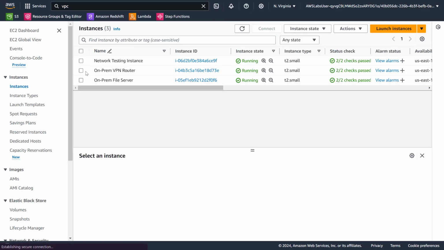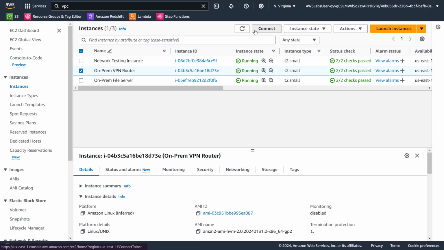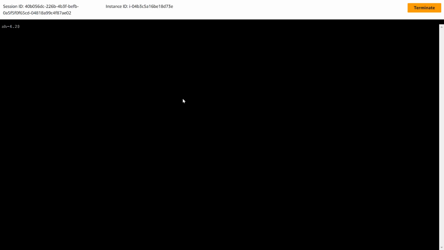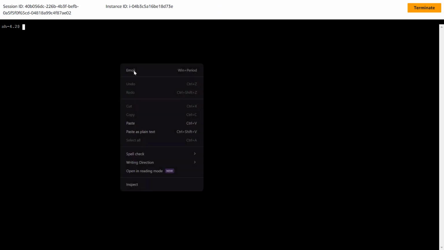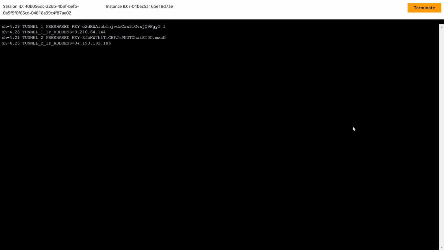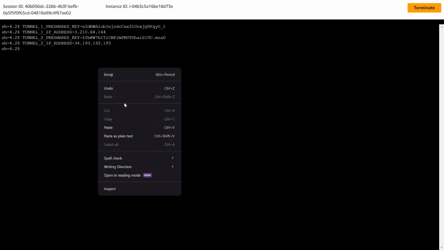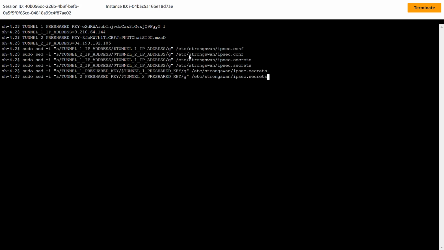So on-prem VPN connect, because we have to tell the VPN here how to connect to that one. These are the 4 variables and their values. I got them from the VPN configuration we did. So those are the variables, and let me run these commands which will copy these values into that